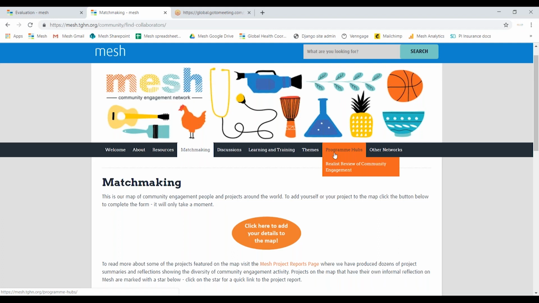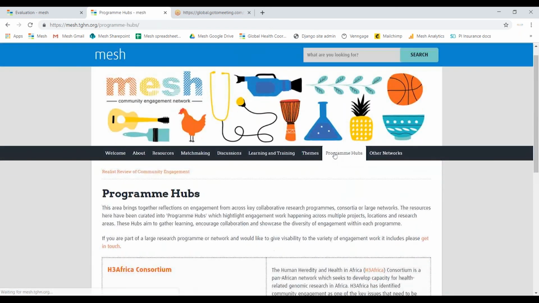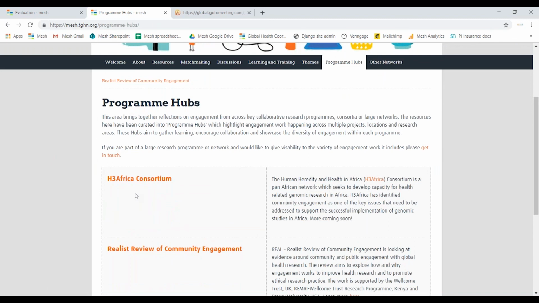If you want more information about the content of that, then I think Paulina Tindana is the person to get in touch with. But as you can see on this page, there's the H3 Africa section where you'll be able to click through. There are already some resources on MESH relating to all of your different programs, and there are some project reflections and reports. Again, it's all under the resources section already, so if you go to resources and you search for genetics and genomics, then you will find everything there.